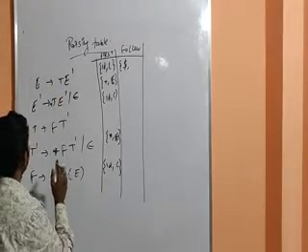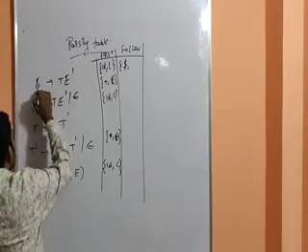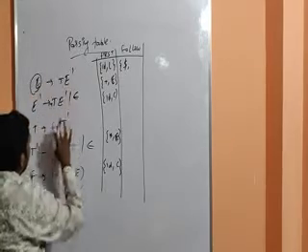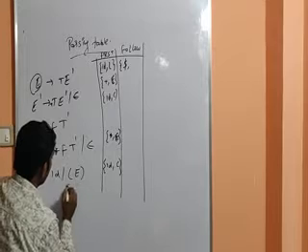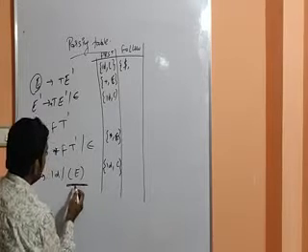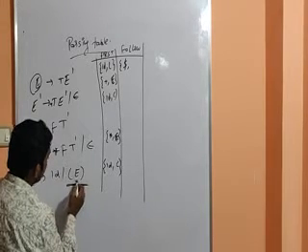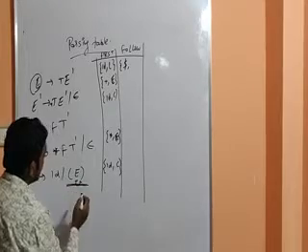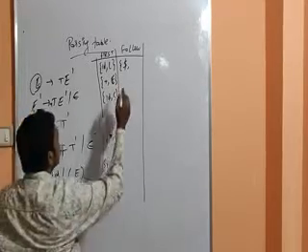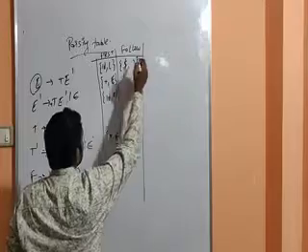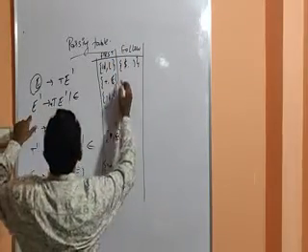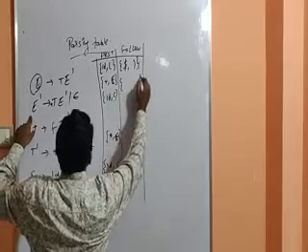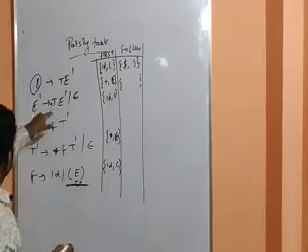Next we are doing the follow for capital E. You check on the right hand side where capital E is appearing. Here is the only place we are getting capital E. So what is the follow of this capital E? Follow means what is the next symbol after capital E? Close brace. So that is the follow of the given grammar. Next E dash. What is the follow of E dash? Where is the E dash appearing?